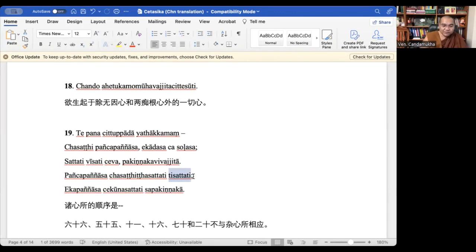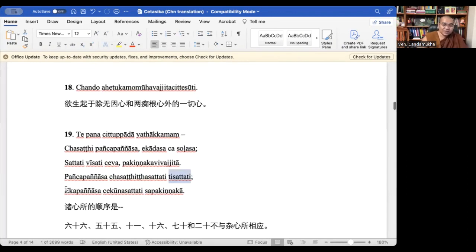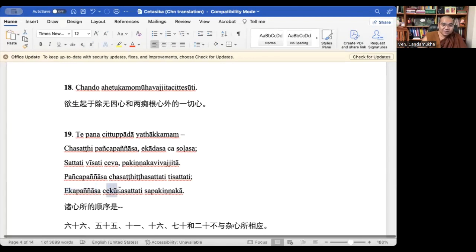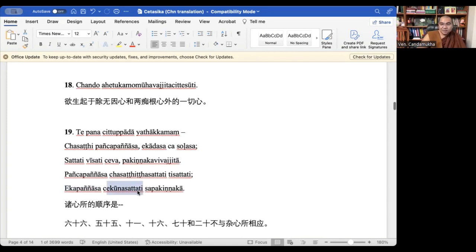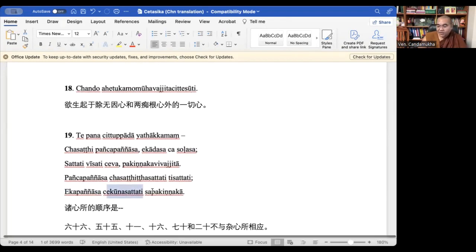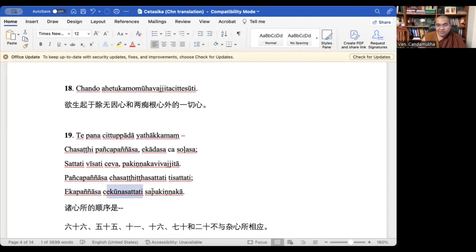And also PD associated with the Eka Banyasa 51. And also Ekuna Sadati 69. Ekuna Sadati 69, Chanda is associated with it. So Sa Bhagainaga: these are Cetasika that arise together with the Bhagainaga Cetasika. That's why it is called Sa Bhagainaga.